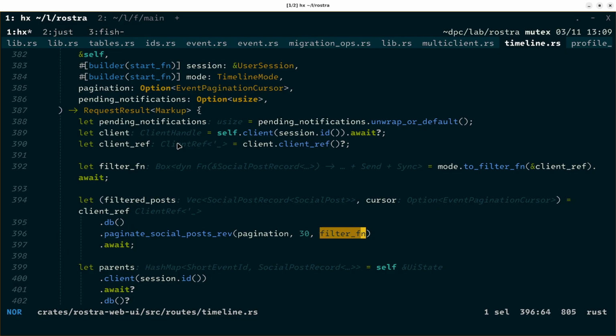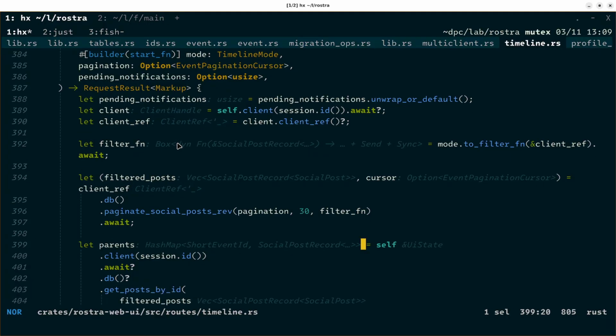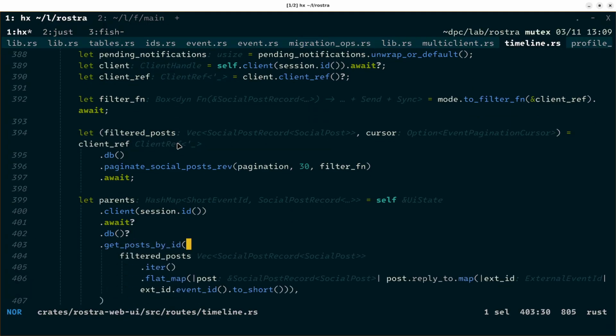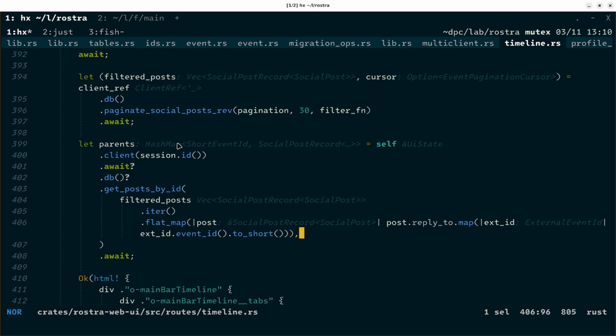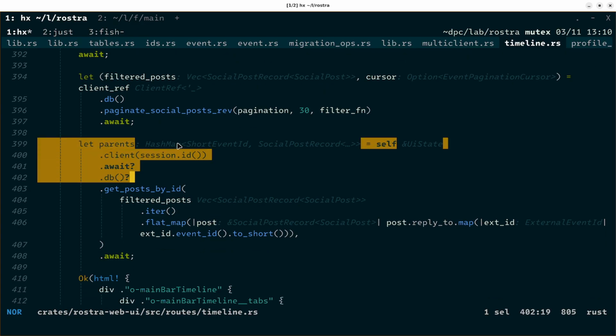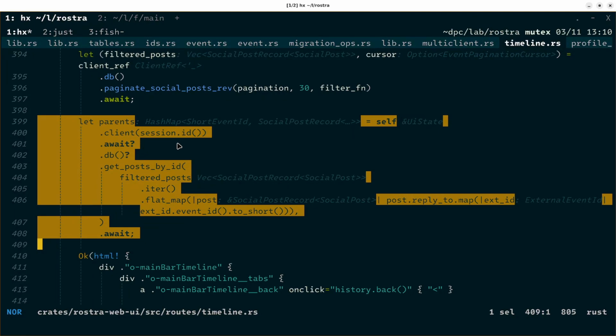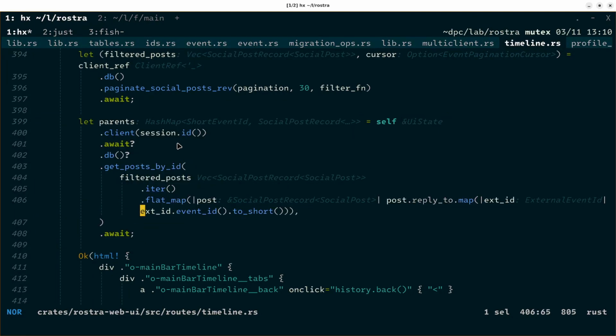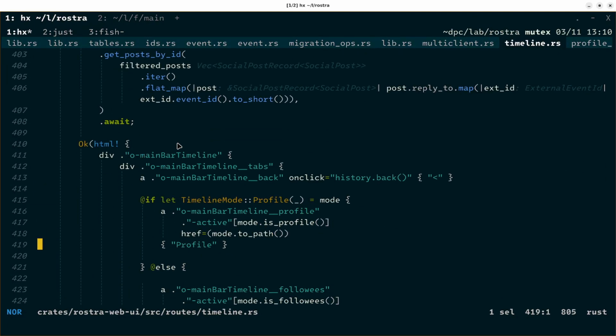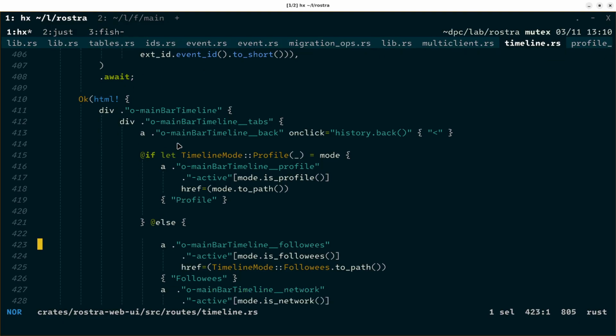We use the filter function to pick the posts we actually want to display, because some of them might be reactions or replies. There's a little bit more logic behind to format it well. We download parents for those posts in case they were responses to something, and then we return the rendered page where